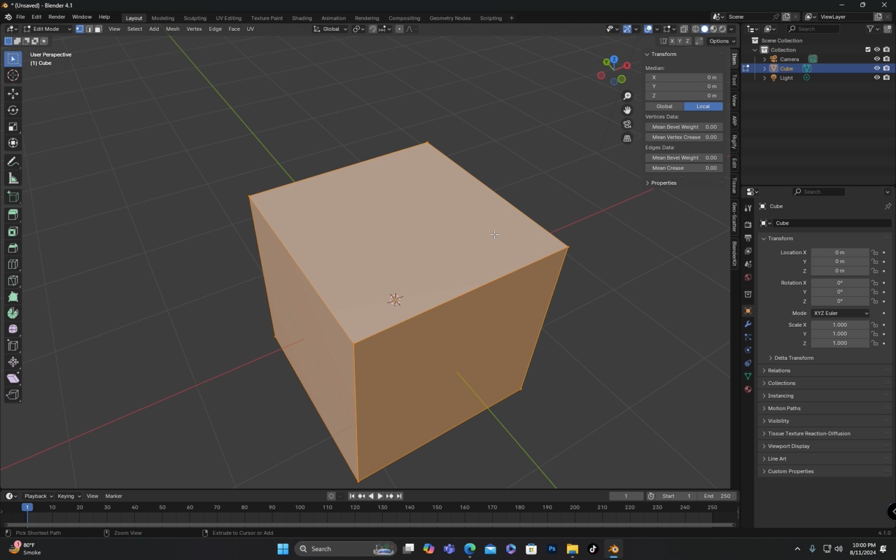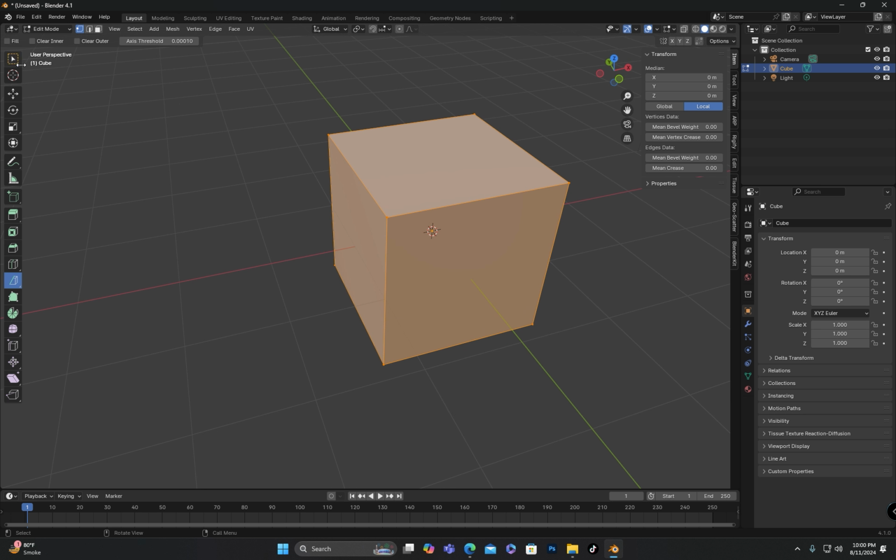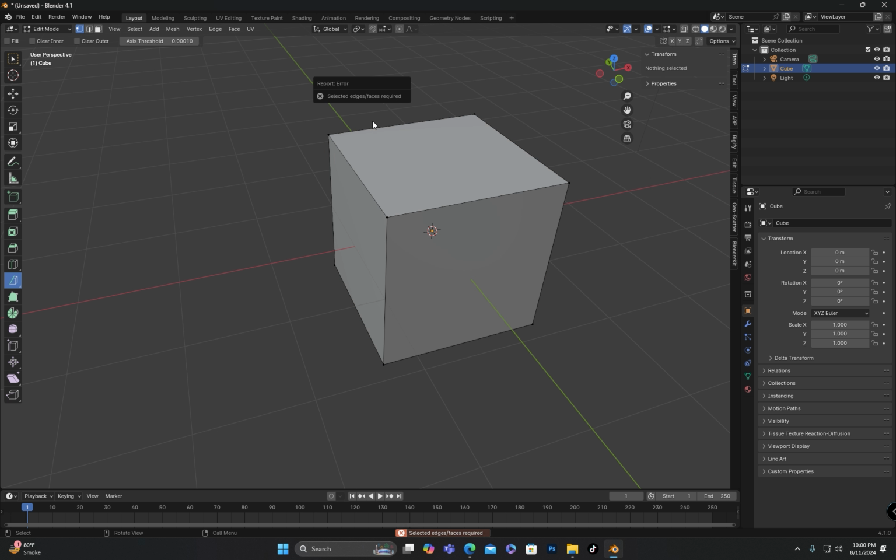If you left click and hold on the knife tool, you will see an additional tool called the bisect tool. However, if you try to select and use the bisect tool without first selecting edges or faces in the edit mode, you will encounter an error. This is because the bisect tool requires that edges or faces be selected in order to function properly. If I press A in edit mode, the entire mesh or geometry will be selected.